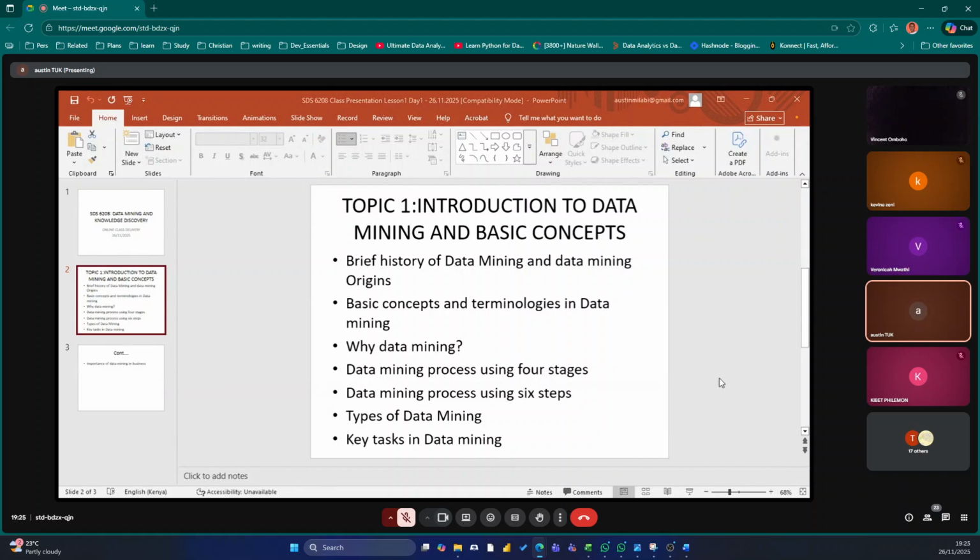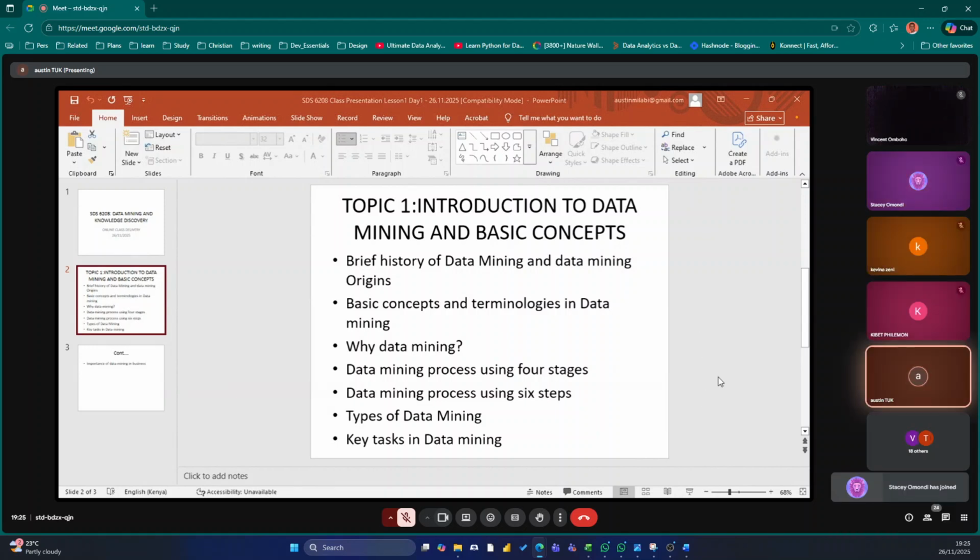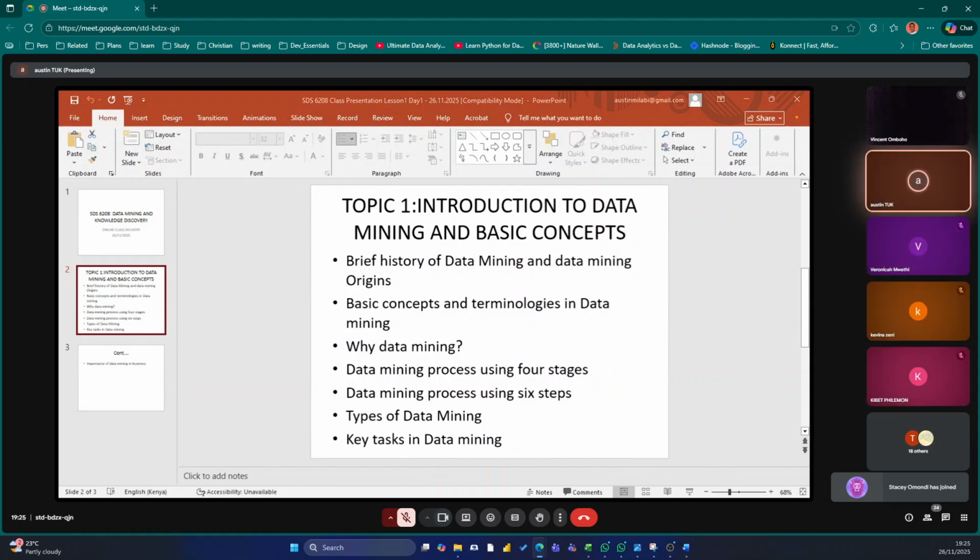Another word we also need to understand when we talk about data warehouse is data set, which is also commonly used in our data mining concept. What is a data set? A data set is simply a collection of data. When you put data in sets, in groupings, in some formatted arrangements, then you form a data set.